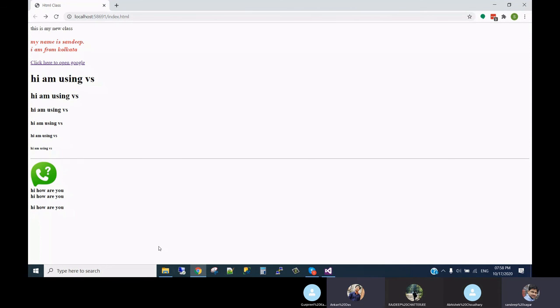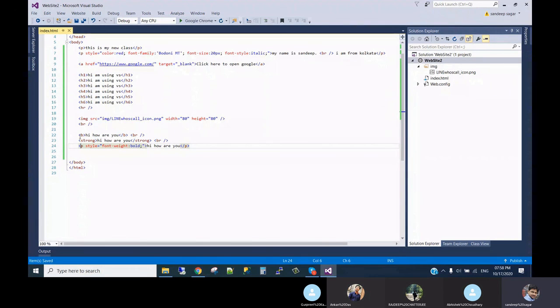See, same, right? But in bold, the size is predefined. Strong is predefined, but here you can give more. You can give 900, or if you don't want this, you can make it bold and increase the size of the text, right?